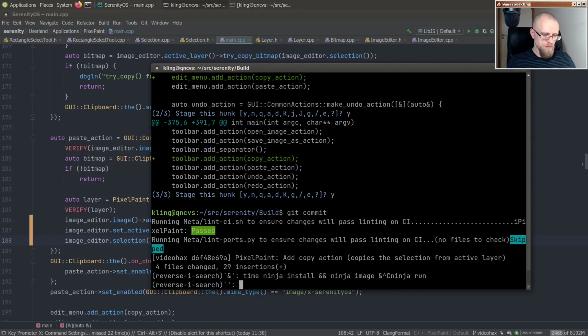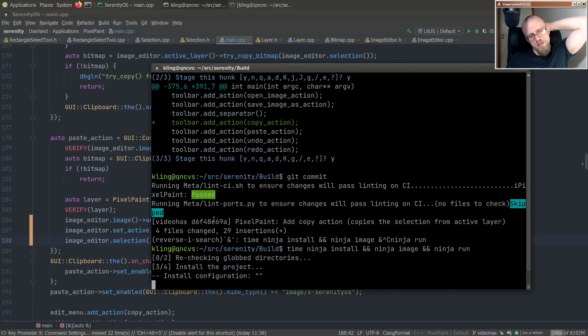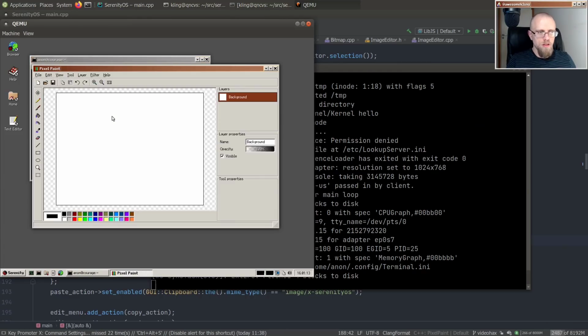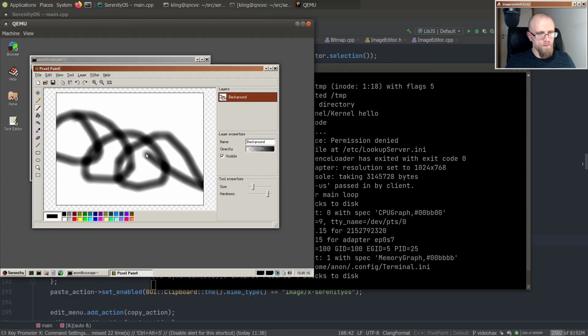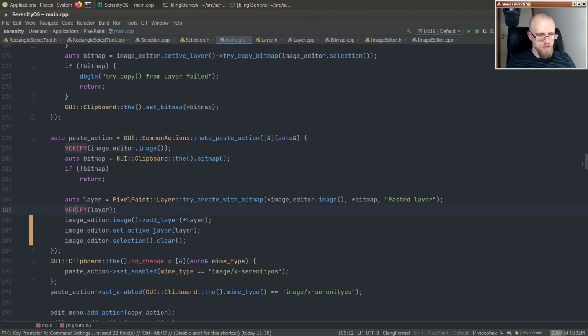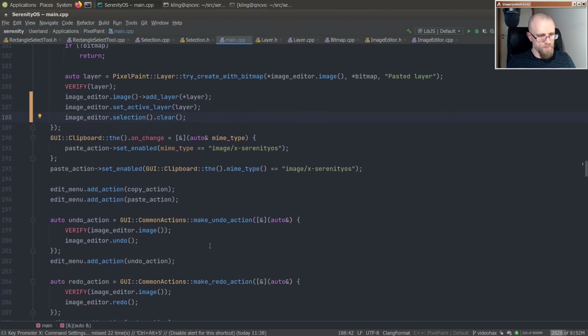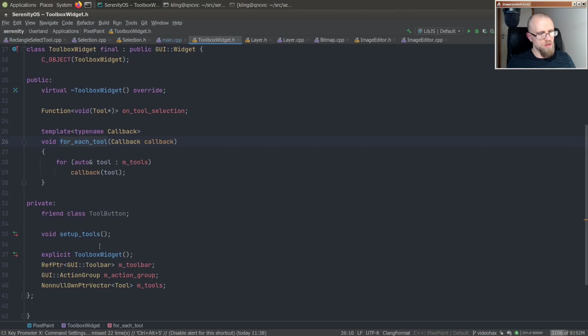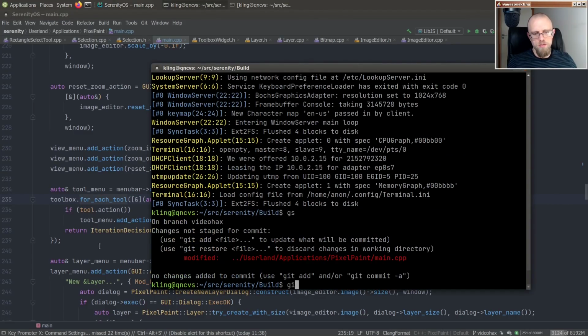Maybe we shouldn't switch to the move tool. I feel like maybe that's a bit much. Like if the app switches tools on you just because you paste, that might be irritating. Although now I do immediately want to drag it. Like I don't want to select more, so. It wouldn't be the worst thing in the world. I don't know. Let's leave the tool part alone, but let's at least